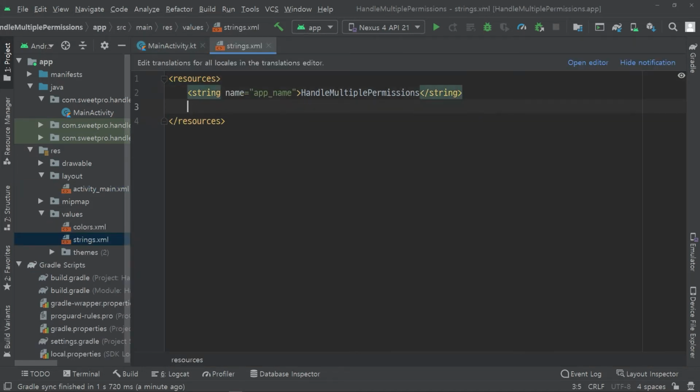Next, write a text to display when the user denied a permission.